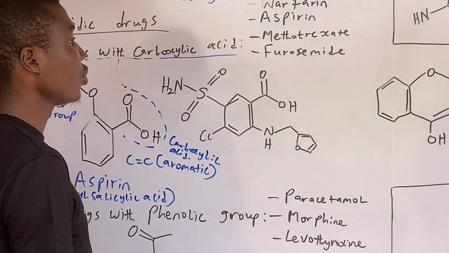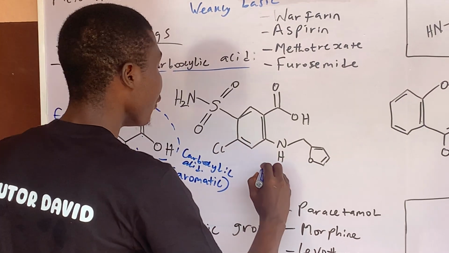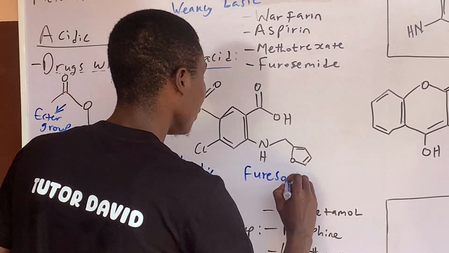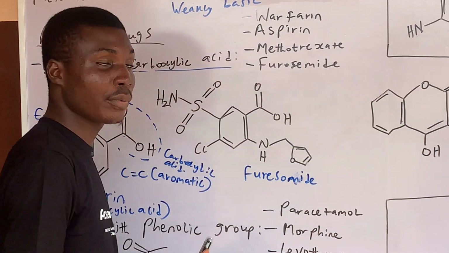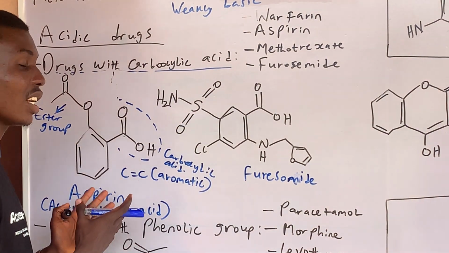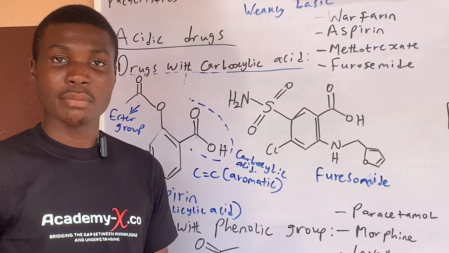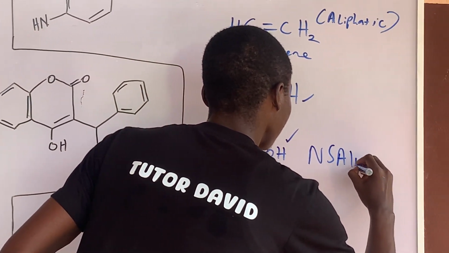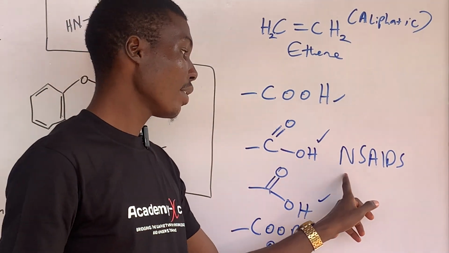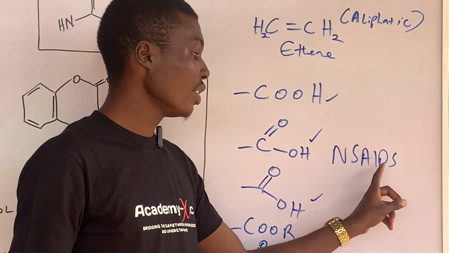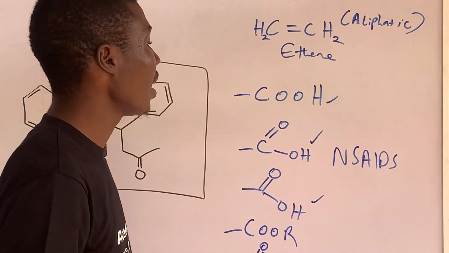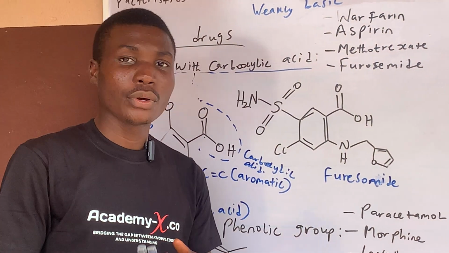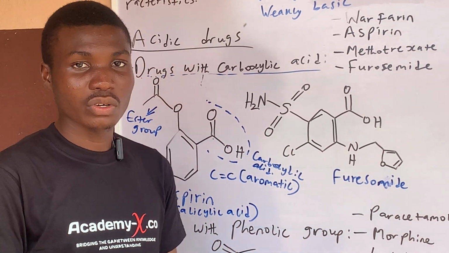So this particular structure we have here is the structure for furosemide. Meanwhile, it will interest you to know that aspirin is a medication that is classified under the non-steroidal anti-inflammatory drugs, which is usually labeled as NSAIDs. So NSAIDs are anti-inflammatory drugs and analgesics, so they help to prevent or slow down inflammations as